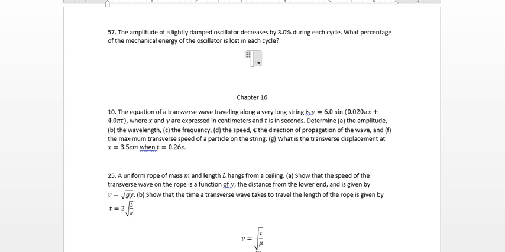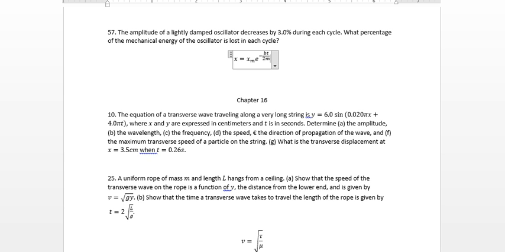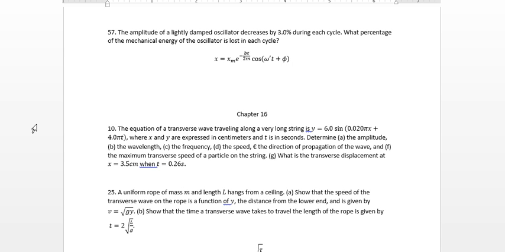Well, let's take a look at the equations for a damped oscillator. Right? And this is cosine omega prime t plus phi. Okay, so that's the equation for the amplitude of the damped oscillator. So what they're talking about decreasing by 3% every cycle is that term right there, e to the minus bt